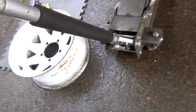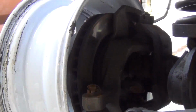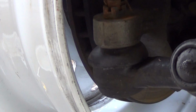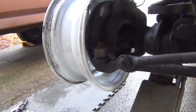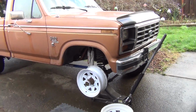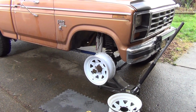I know Todd had some issues when he did his solid axle swap, but he's got an earlier style Bronco, or later style. So yeah, that's tons of room right there. And then we're even more clear of the tire, so yeah. 16-inch wheel, I think I like it. I think it looks a little bit better. Probably just paint those black and then